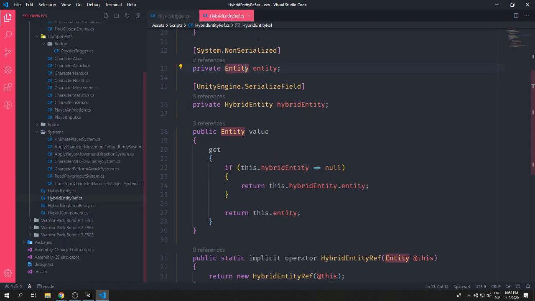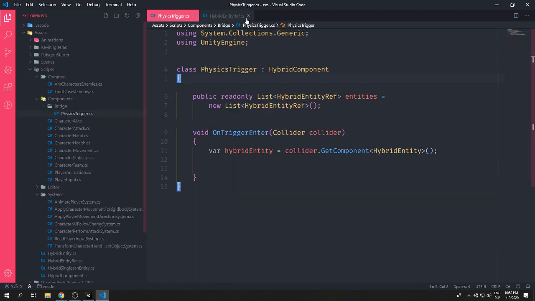So no, we will do it just like that, and assume that every one of those entity references is not null. So we are in kind of a bridge world. We're trying to bridge two worlds together, and